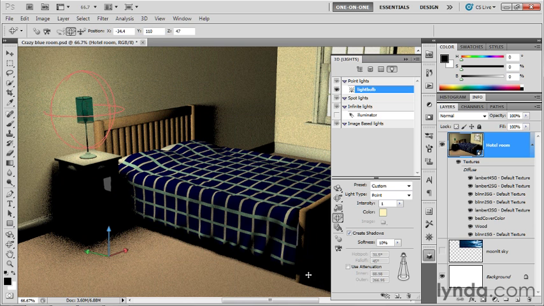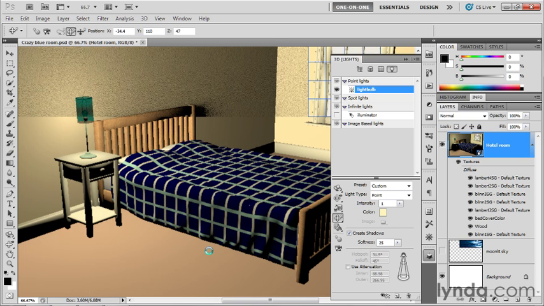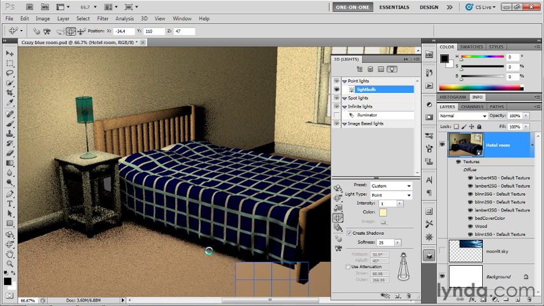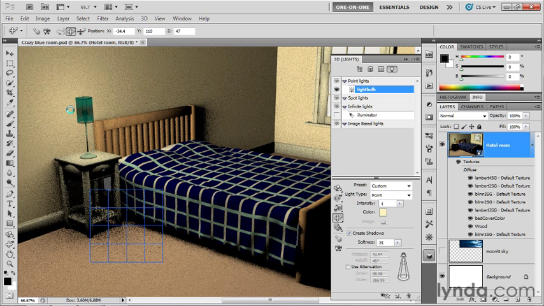All right, I'm going to click again, and I'm going to take the softness value all the way up to 25% in order to basically eliminate the lampshade. So we're still seeing the lampshade, and it still looks blue, but it's no longer creating this freaky blue effect inside of the scene. All right, I'm going to press the Escape key in order to interrupt the ray trace,